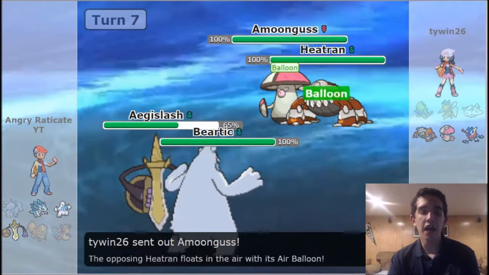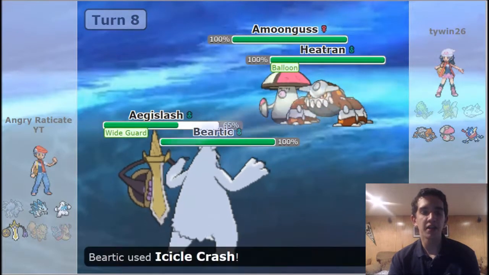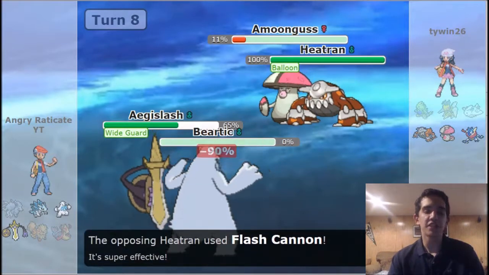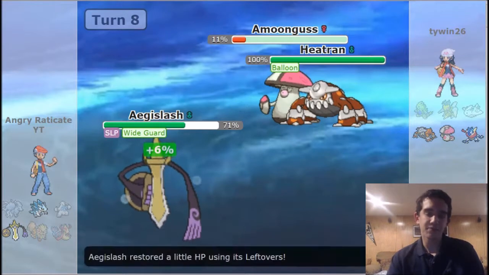Since out comes Heatran, I have nothing for Heatran at this point. I Wide Guard on Aegislash, just trying to predict something here. I go for the Icicle Crash, just doesn't take out Amoonguss. Not sure if that's a roll or not. He goes for the Flash Cannon on Beartic, just absolutely demolishes me. I'm not sure if that really...